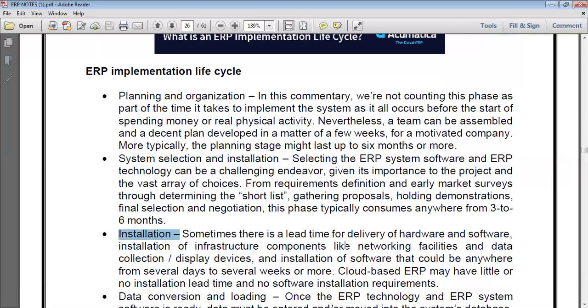The next one is installation. Sometimes there is a lead time for delivery of hardware and software. Installation involves software and hardware processes, then installation of infrastructure components like networking facilities, data collection and display devices, and installation of software.